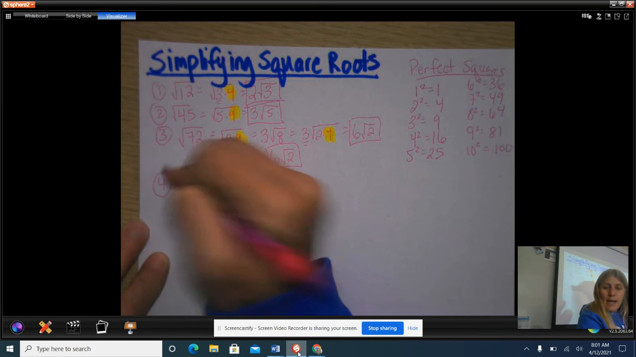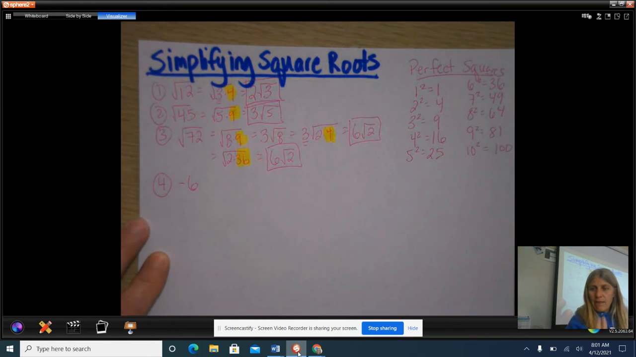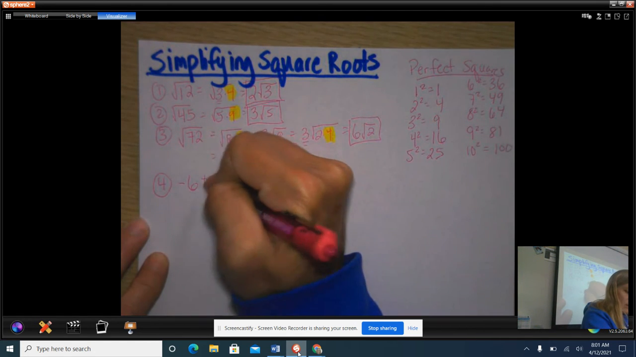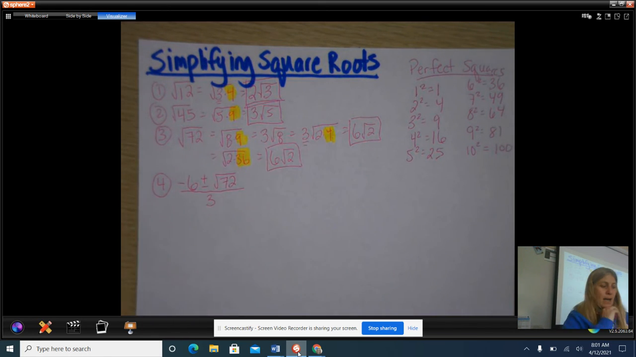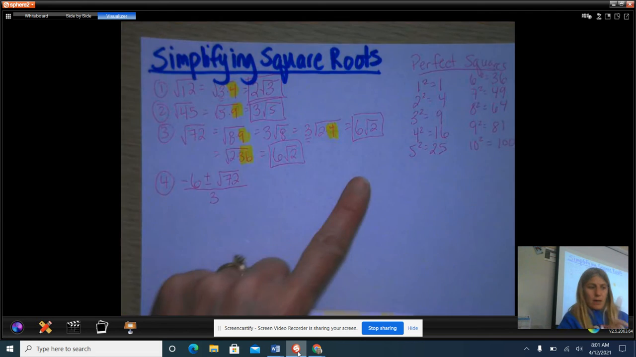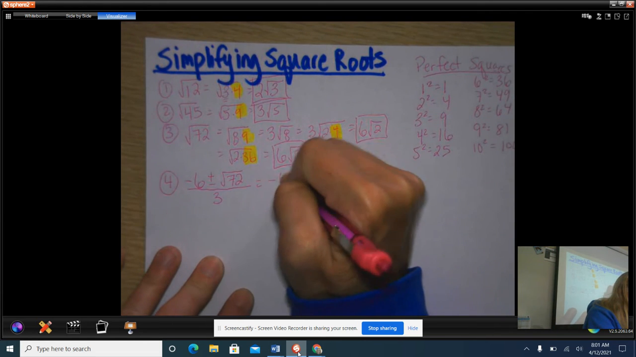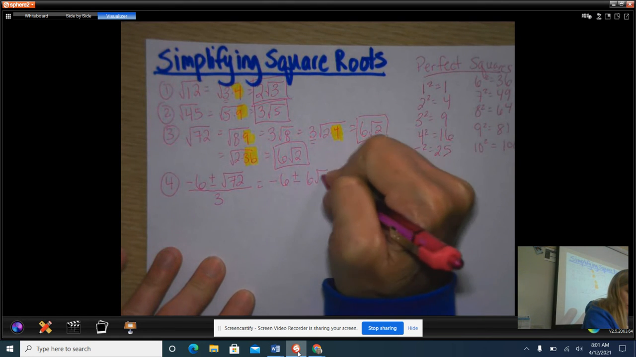Now, in your Khan Academy, you're going to see something like this occasionally, and this is after you solve the quadratic formula. You might get an answer, -6 plus or minus the square root of 72, all divided by 3. And I see that that square root of 72 is not simplified. We've done it up here. So we're going to replace it as negative 6 plus or minus 6 times the square root of 2,